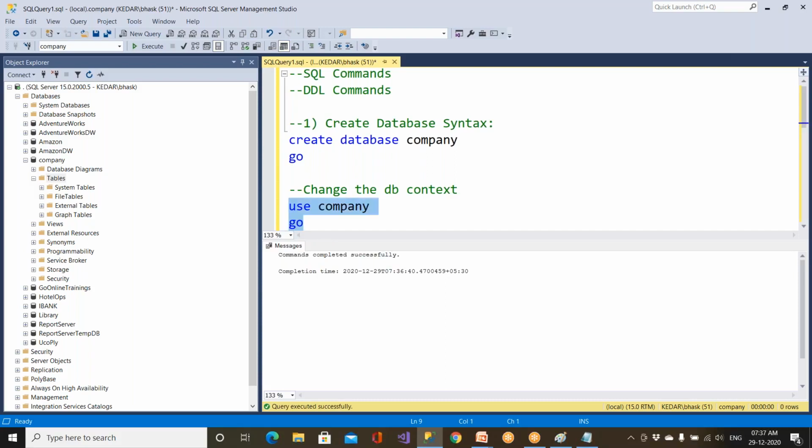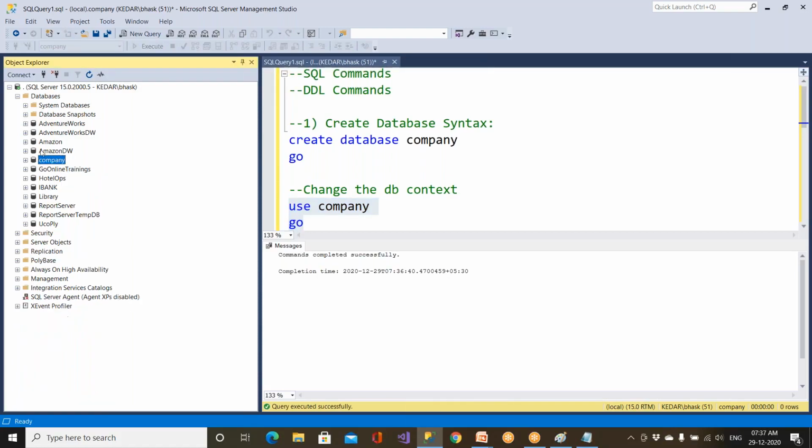Did you understand or not? A little, not very much. Lots of databases are available, right? So how do you tell SQL Server that you are going to use this database? Because you have a lot of databases, right? So how do you refer to this database? So you say use company.